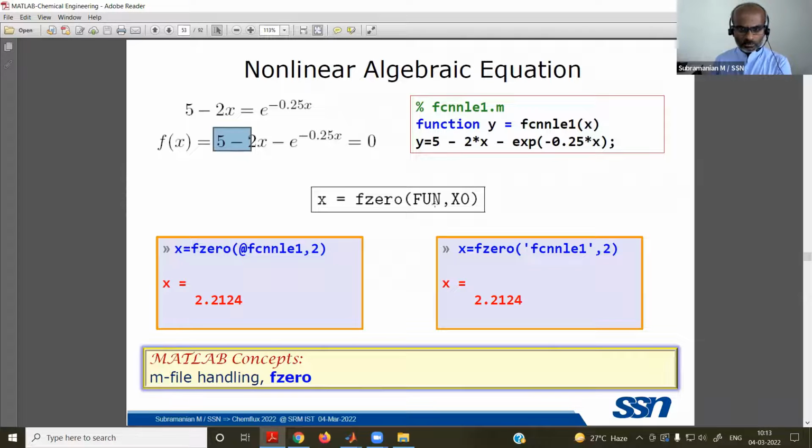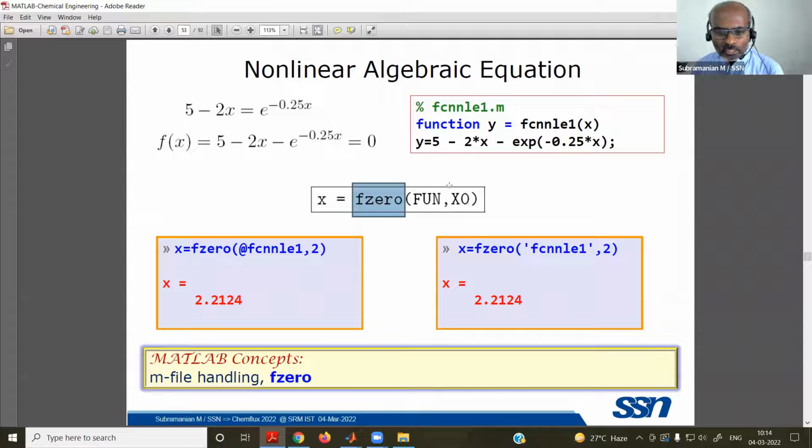And you are going to solve this equation by making use of the built-in MATLAB function called fsolve. How do you solve your nonlinear expression? You know the Newton-Raphson method, the most used technique. You write the function and give an initial guess. If you start with the initial guess, you can keep on iterating, and finally you will get a converged solution.